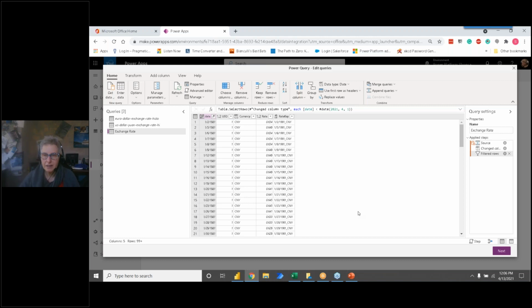So if you've got a query that's really, really slow, that's one place to look. But another place to look, especially if you're in Power BI, is at your DAX.